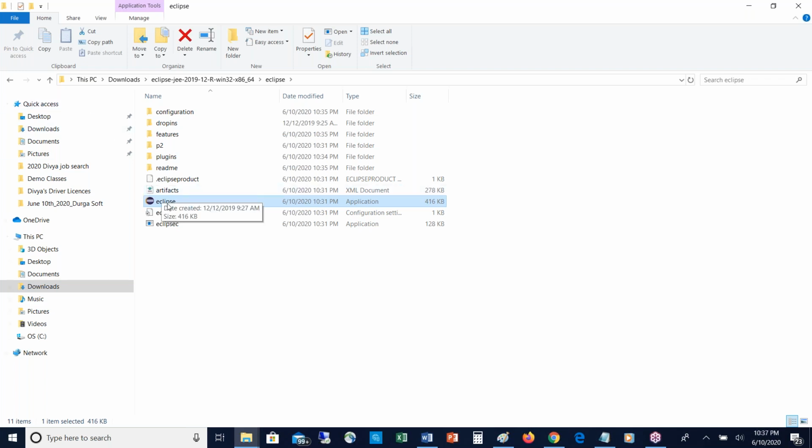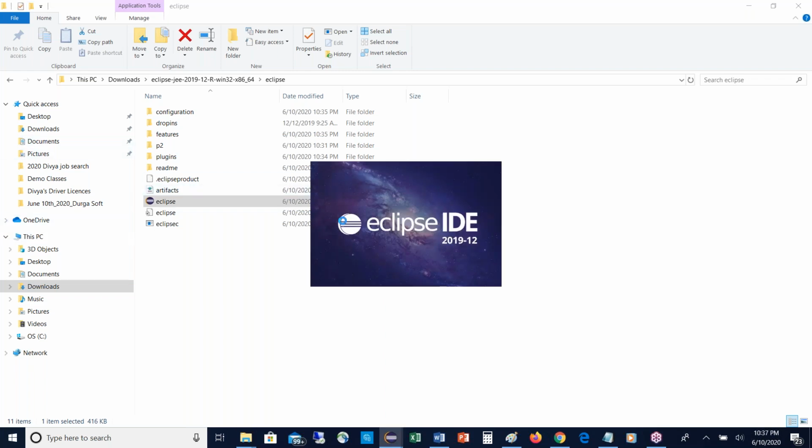It was not dragged, madam. It was not dragged. Yes, drag it over there, anywhere. Yeah, double click on that. Yes, double click on that. One time is enough. Eclipse IDE is initiating to open. No need to go to that folder every time and click on Eclipse like that. It is in the taskbar. Next time onwards, you double click on the taskbar Eclipse icon, that's it, and it will open.